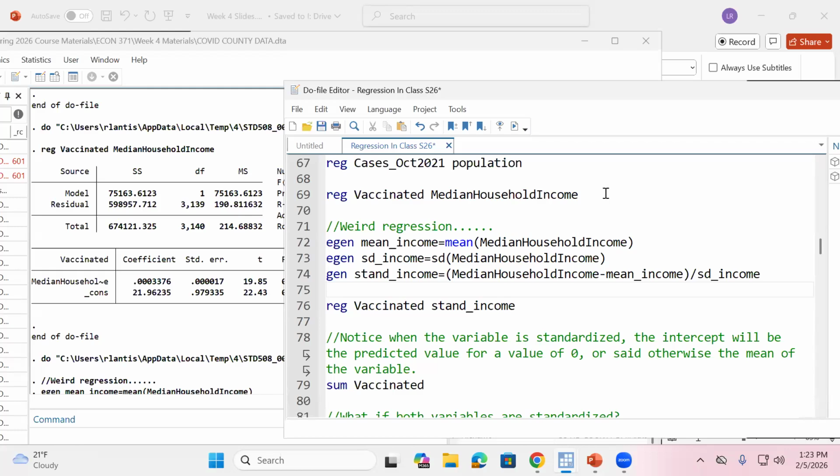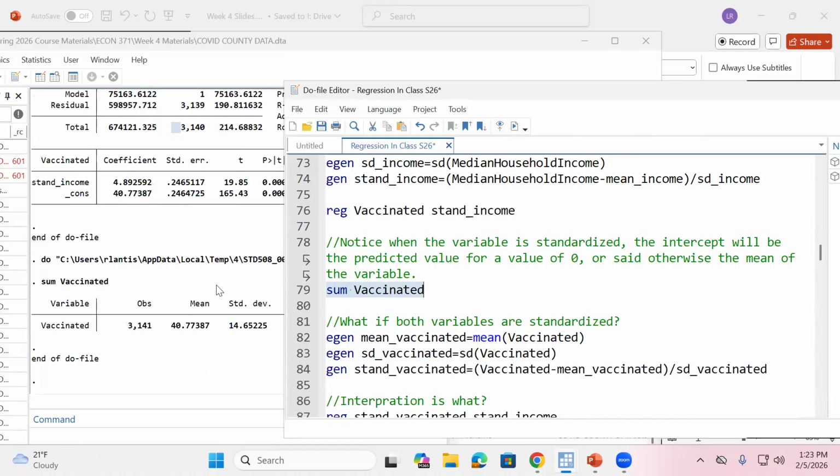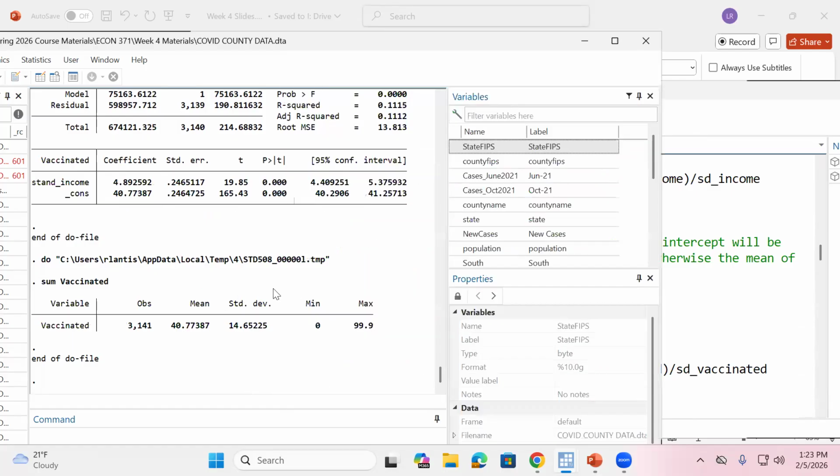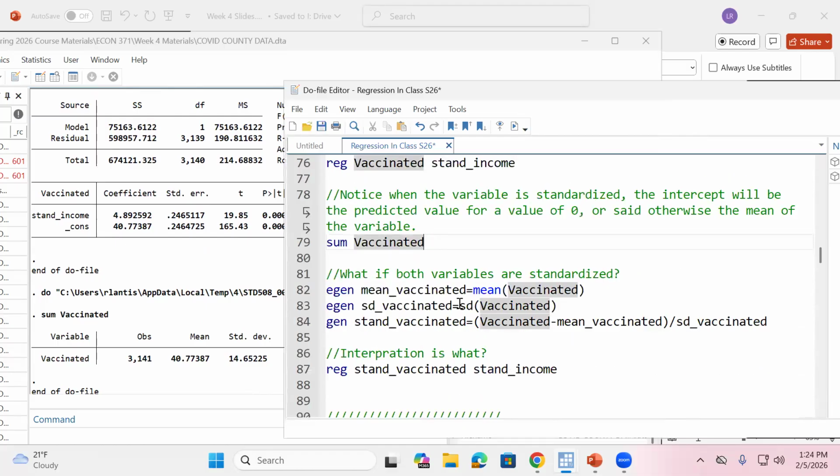So if I go back here, and now we're thinking about this coefficient on the constant, oh, what did I want here? Sorry. What do I want here? No, sorry, this is right. I don't need to add anything in here. All right, this is right.